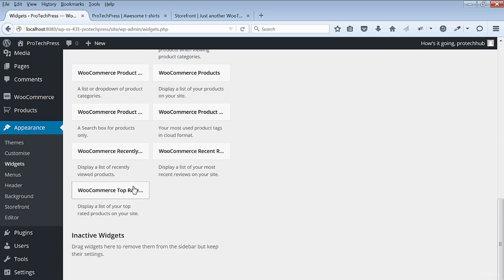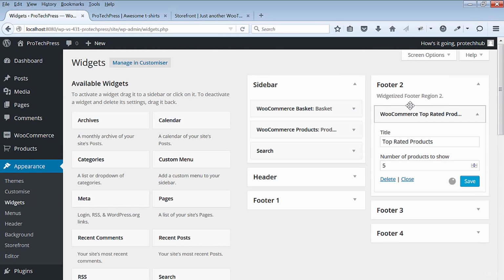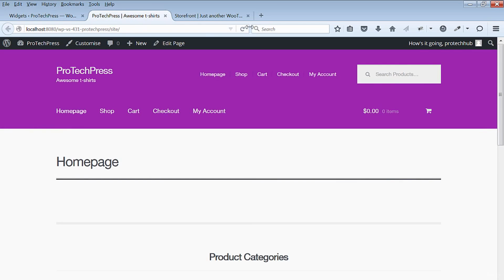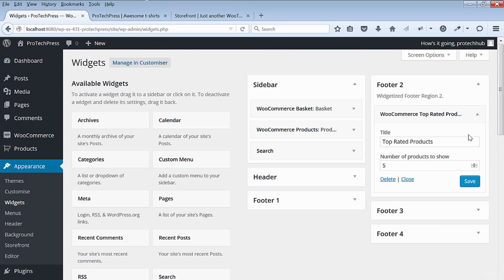I'll add the top-rated products widget to footer 2 and hit Save. I'll drag and drop a text widget under footer 3 and hit Save when done. If you go to the front end, you'll either see Hello World